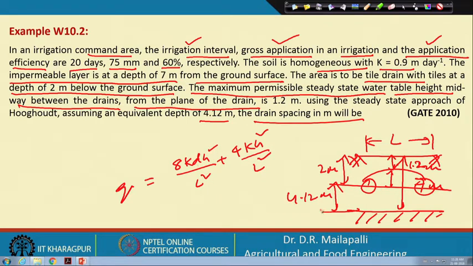So, that is fine, and d, the equivalent depth, is given as 1 point and k is given, right. The other thing, the spacing, needs to be found out, and you have to estimate the q. This is very important, otherwise all parameters are given. This value will be estimated using the data given, like 20 days, 75 and 60%. From that you are going to estimate q, and once you know the q value, you can estimate the spacing.